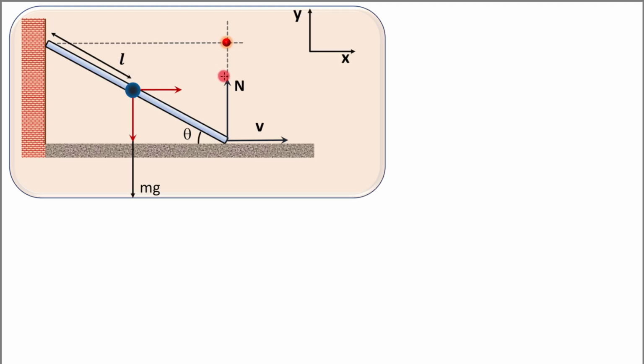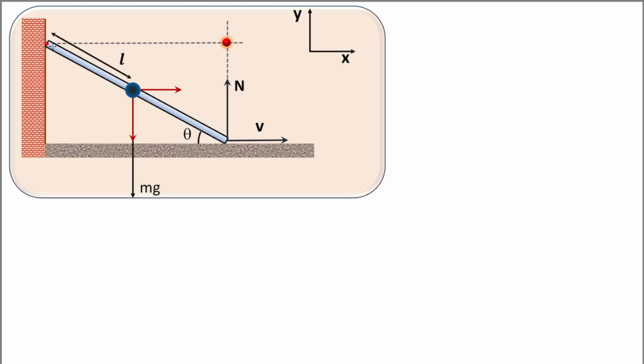So how do we approach to solve this problem? First of all, we should make the free body diagram of the system of this rod as well as this sphere, right? So of course there is one force, that is the gravitational force. Of course there is no gravitational force acting on this rod because this is weightless, and at this point here, there is going to be normal reaction in the vertically upward direction, and let's say at this point there will be another normal reaction force, right?